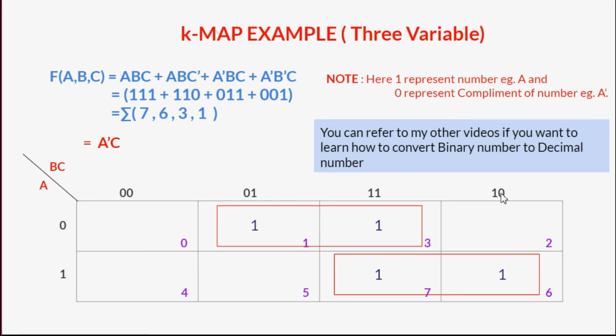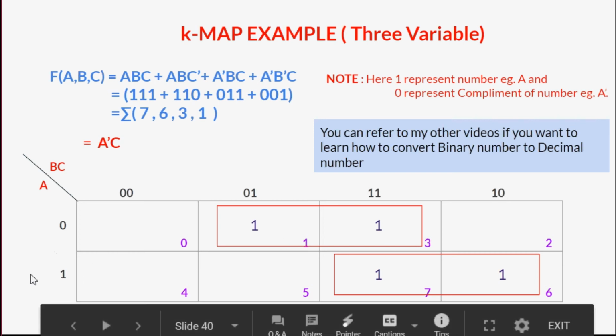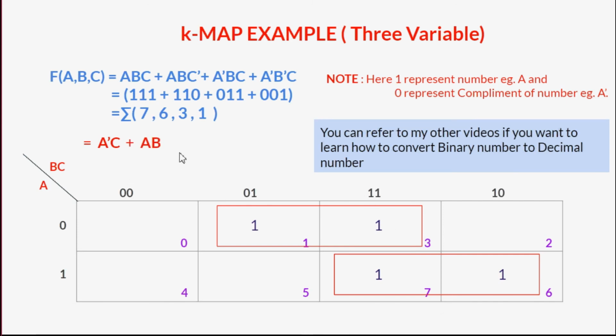So what terms do I have? I have A and B. This is the simplified expression, and this is known as sum of product. I have multiplied my terms and then I have added. You could have understood that when I represented my terms as sigma, because sigma represents min terms. Similarly, if you talk about max terms, that is POS, then you need to perform addition first and then